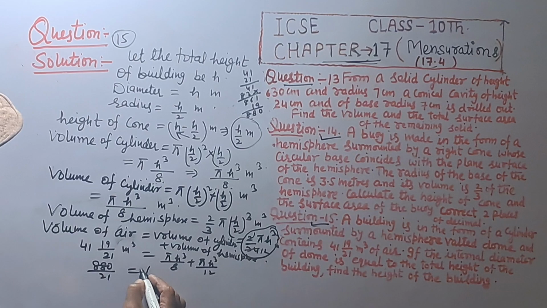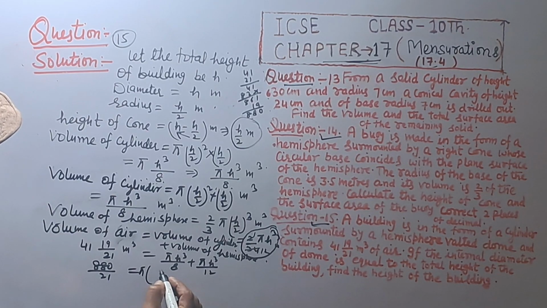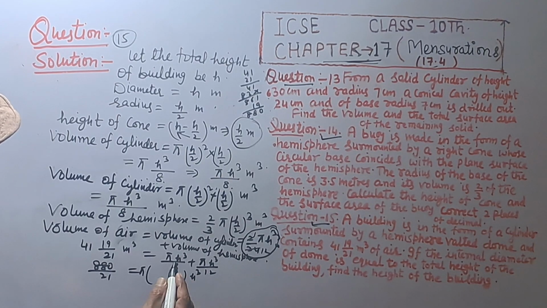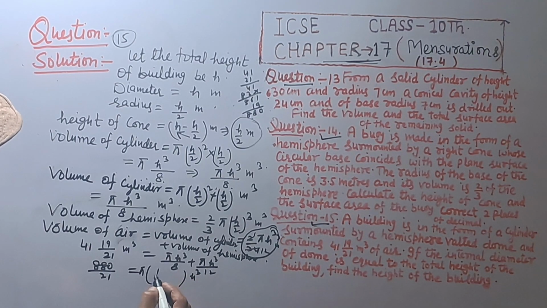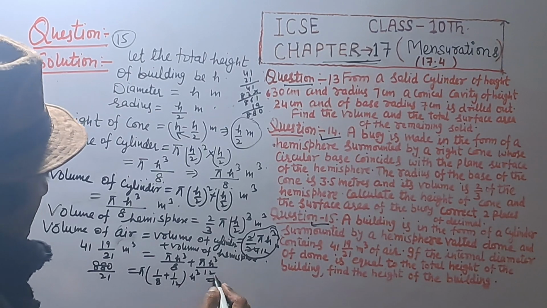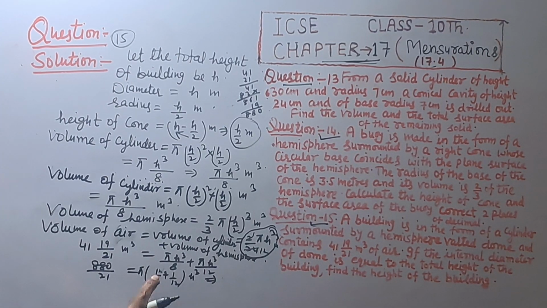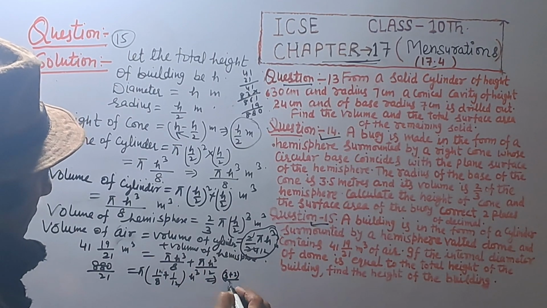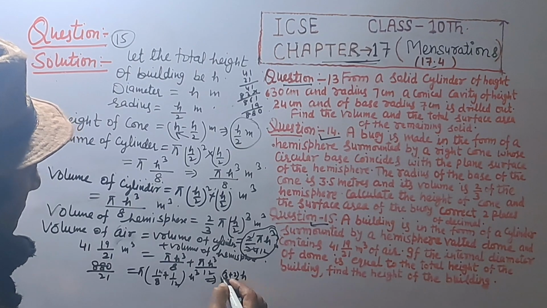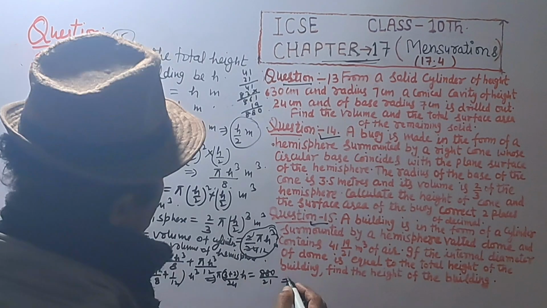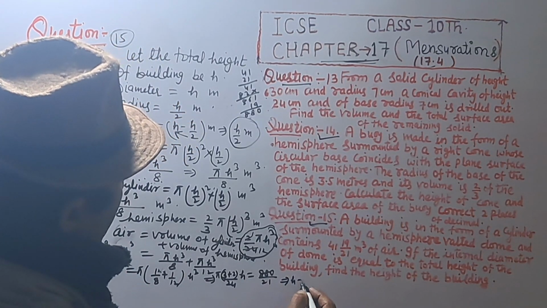Pi is common and h cube is common, then we get 1 upon 8 plus 1 upon 12, which implies LCM is 24, and 8 3s are 24 plus 12 2s are 24 upon 24, h cube pi equal to 880 upon 21, which implies h cube is equal to